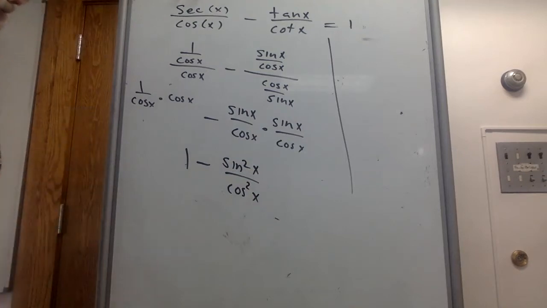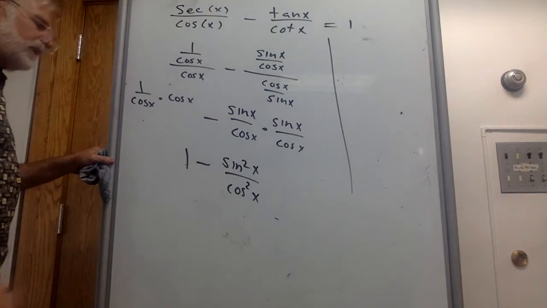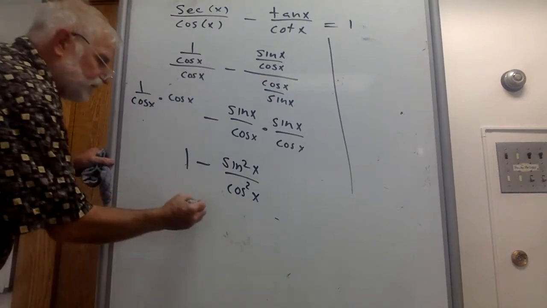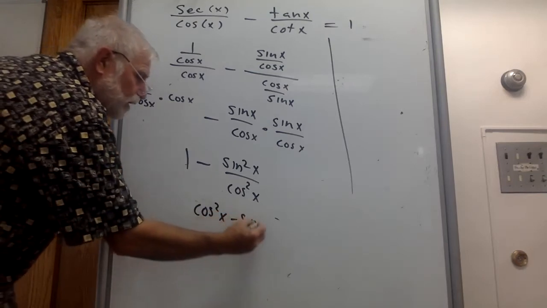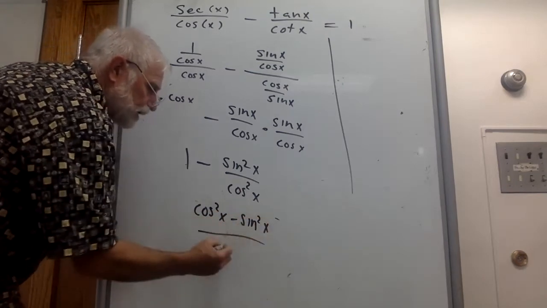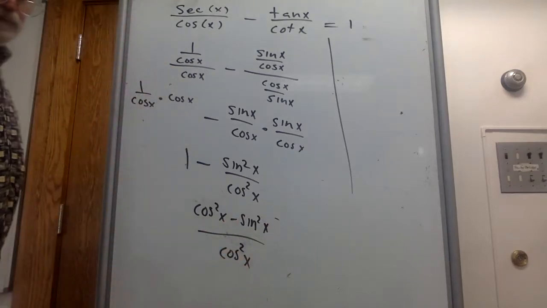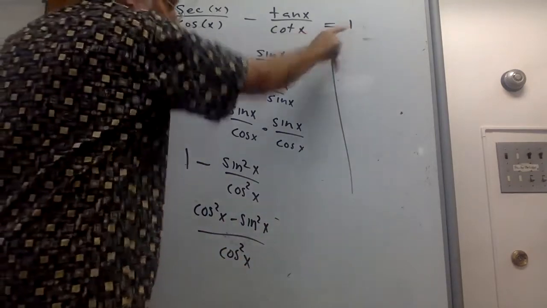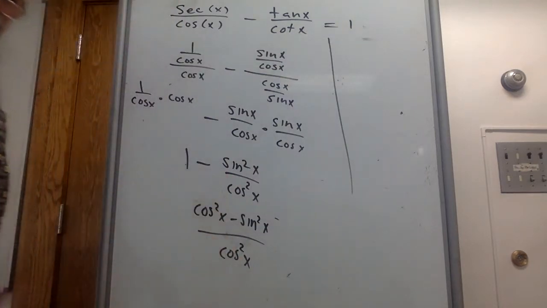All right, so we got to get a common denominator. So multiply everything by cosine squared x and then divide by cosine squared x. Gets me cosine squared x minus sine squared x over cosine squared x. Now this is where you start looking for hints. The number 1. Well, the only way I can get 1 is if this becomes cosine squared x over cosine squared x. It's the only way I can do it. So what am I going to do here? I'm going to subtract by